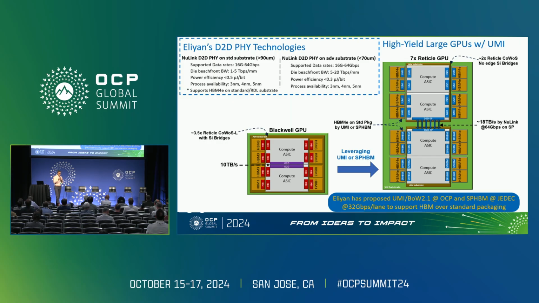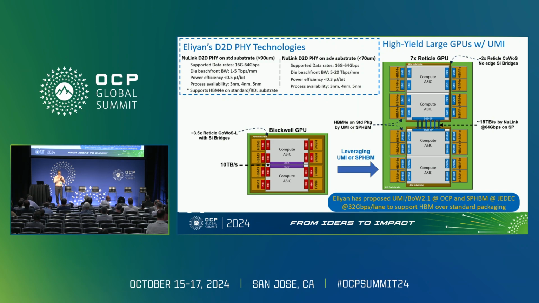One of the key advantages of getting this much bandwidth on a standard substrate is that you can build large, interesting AI or HPC solutions without needing a really large advanced package substrate. For example, Blackwell, more recently, uses a 3.5x reticle, as you see in the picture. The larger these advanced packages grow, the more yield issues they have, which I'll talk about in my next talk. But if you can limit the number of chiplets that you put on them, you can reduce the size.